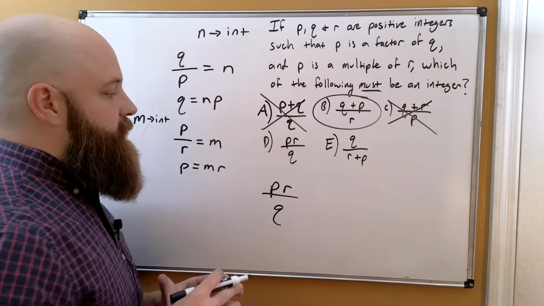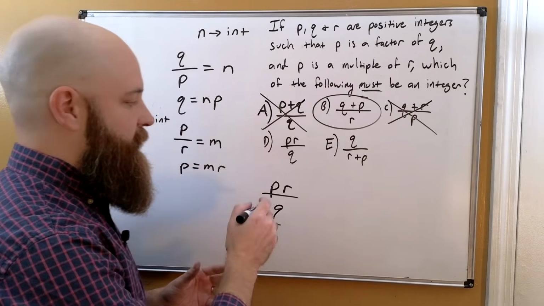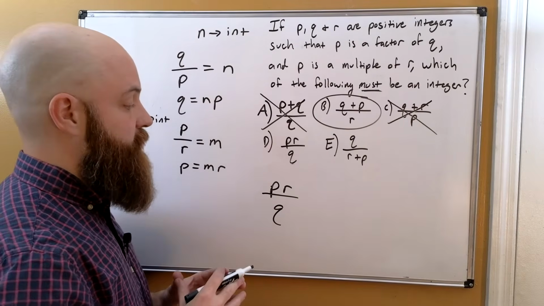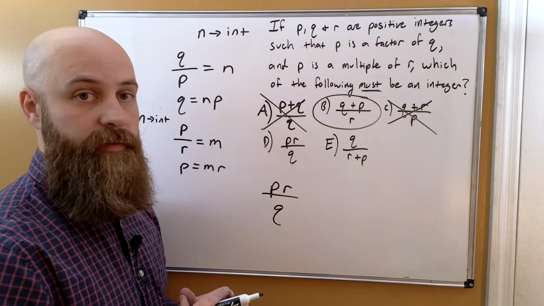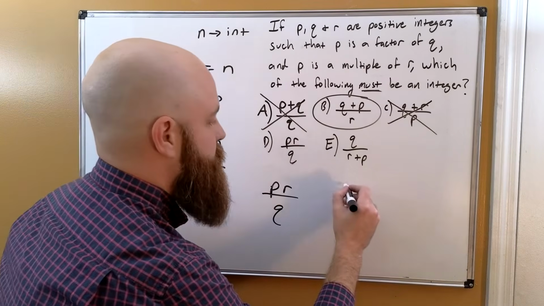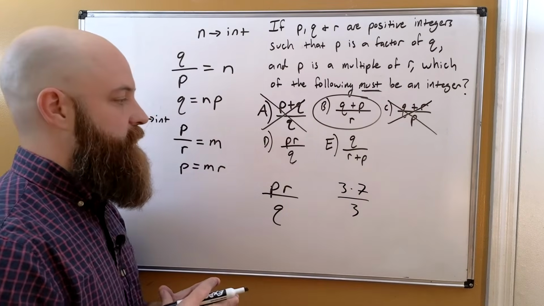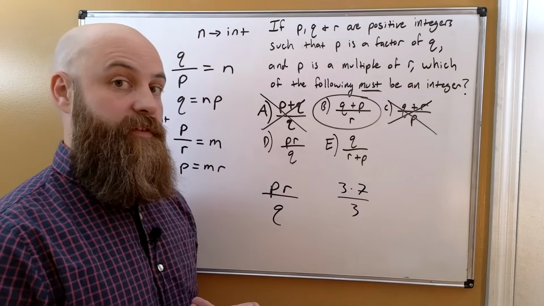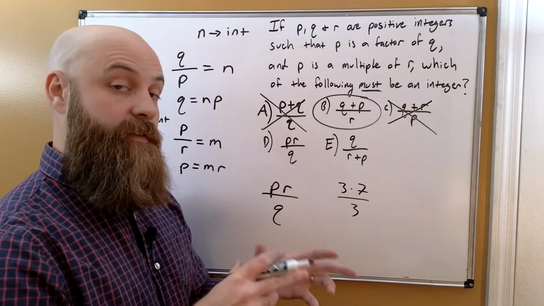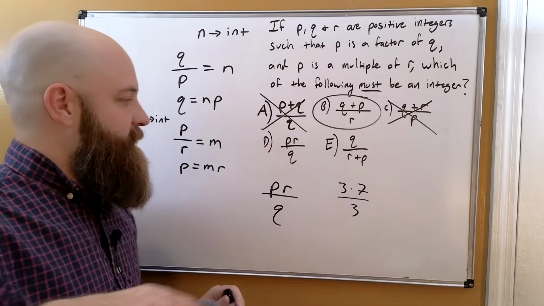So now, what would it mean for PR over Q to be an integer? Well, if I think about it, if Q goes into P, it would be an integer. If Q goes into R, it would be an integer. Doesn't need to go into both, though. And let me just demonstrate that concept with some specific numbers here. 3 times 7 over 3. Well, that's equal to an integer. That's equal to 7. But 3 doesn't necessarily need to go into each of them. As long as it goes into one of them, it's going to be an integer. Okay, so what I'm asking myself is,